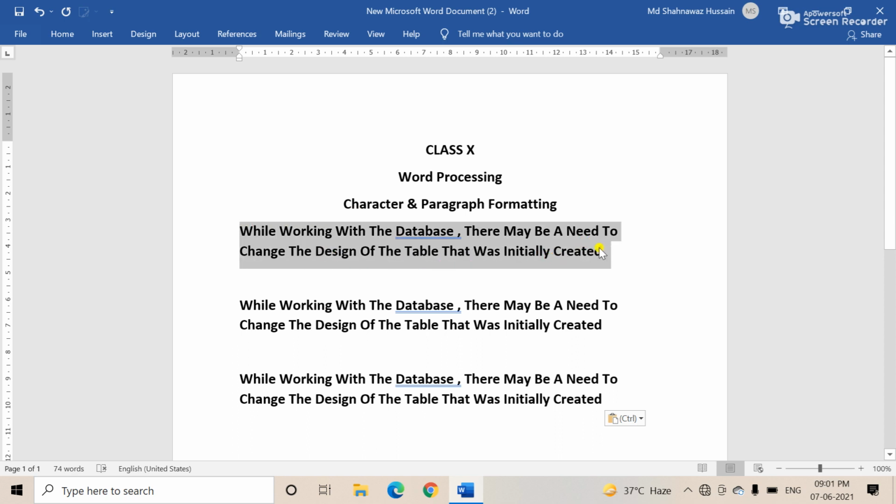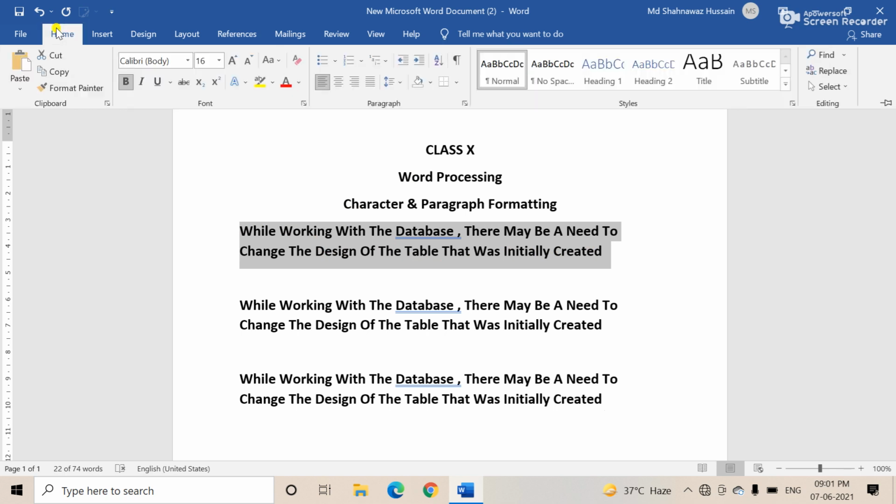First you select the text, then you go to the Home tab, and see this is the Font group and this is the Home tab. Under the Home tab, in this Font dialog box, this Font menu, all the options are there. Here the Clipboard is there, the Paragraph is there, and Styles is there. Here are Find, Replace, and Select All.